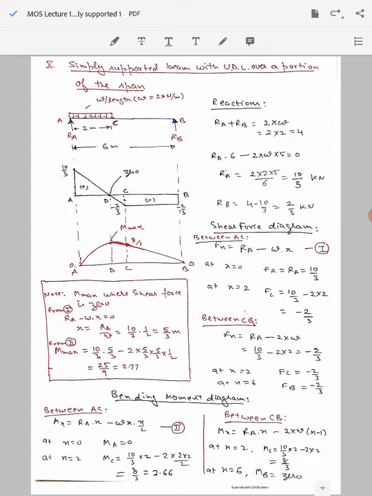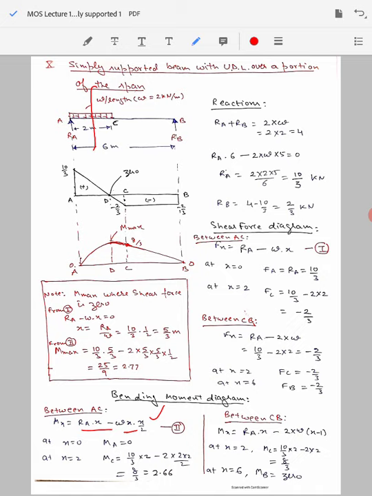For the bending moment, again we assume the two segments AC and CB. Take the beam to be cut somewhere between A and C. Draw the moments of the forces, write the moment of the forces. RA into X minus WX is the force that is acting, and we can assume it to act at the center, so there will be a distance of x by 2. So RA into x minus Wx square by 2 will appear here.